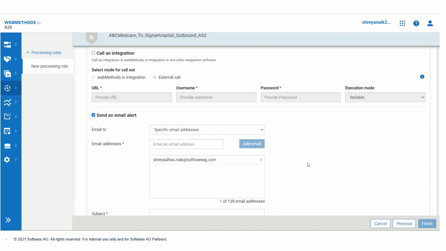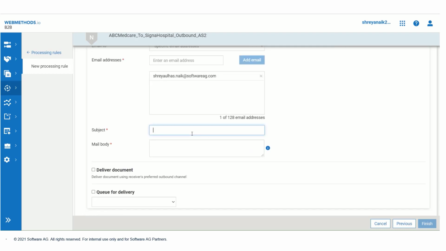Click on add email, subject, let's say 850 purchase order, then mail body, and click on deliver document using receiver's preferred outbound channel. Click on finish.